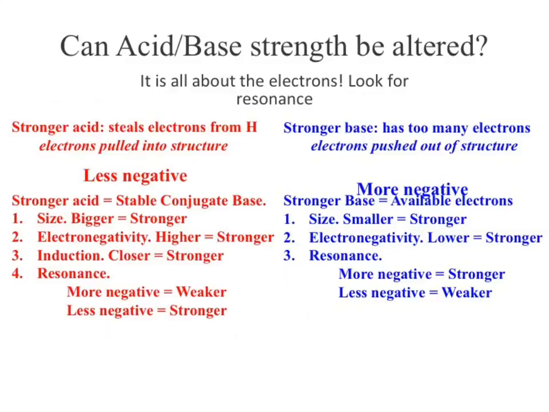Well, that's pretty darn close. So when you go through and evaluate your acid and base strengths, look for those different patterns. For me, it's all about the electrons. Find the electrons, whichever way you got to go through, and start to evaluate their stability. Okay? The more stable the electrons in a conjugate base, that means the stronger the acid. The more stable the electrons in a base, the weaker the base. Okay? So always make sure you cross-reference what you were being asked to analyze. Okay? And we'll go ahead and end it there and pick up